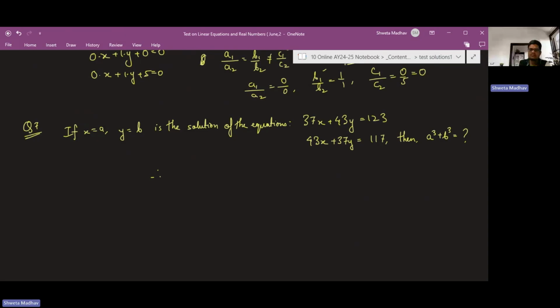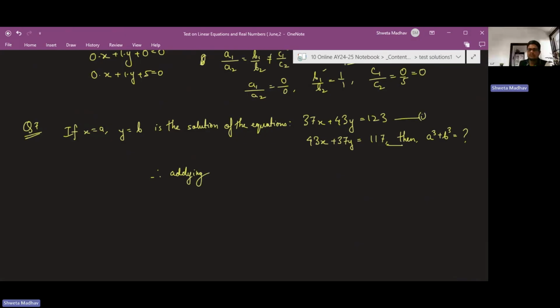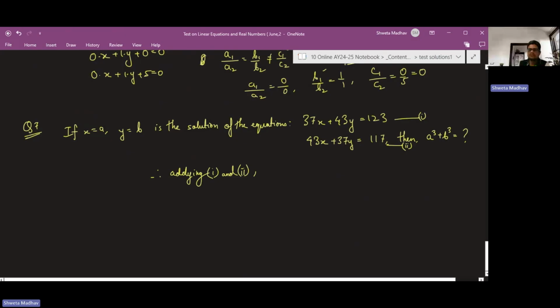So we can first add them and then we can subtract them. Then we can get two different equations. On adding the equations, let's say this is 1, this is 2. Adding equations 1 and 2, we will get